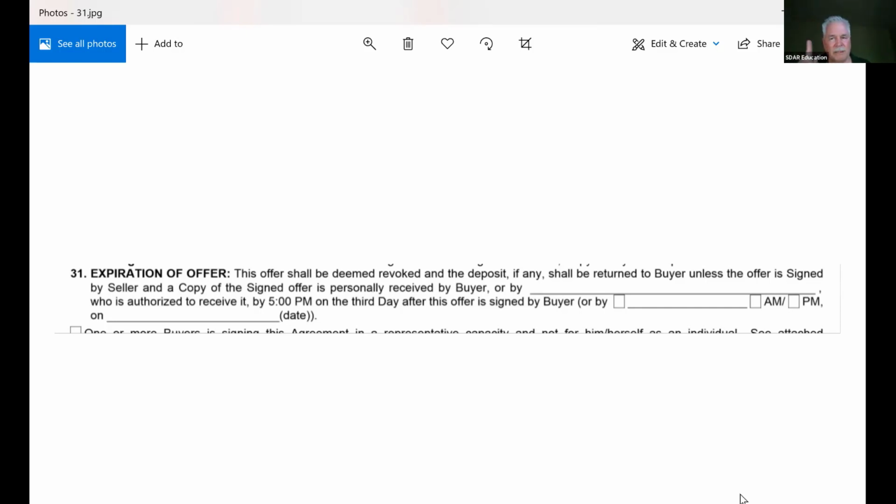But again, remember, the minute the seller writes the counter offer, these time periods don't matter anyway. The whole role reverses, time periods now go back onto the other party. Okay. That is a very important concept. I'm not going to say it's law. I'm going to say it's practice, but it is a very important concept, and you need to understand it. Okay. All right. And again, I'll go over it with you whenever.